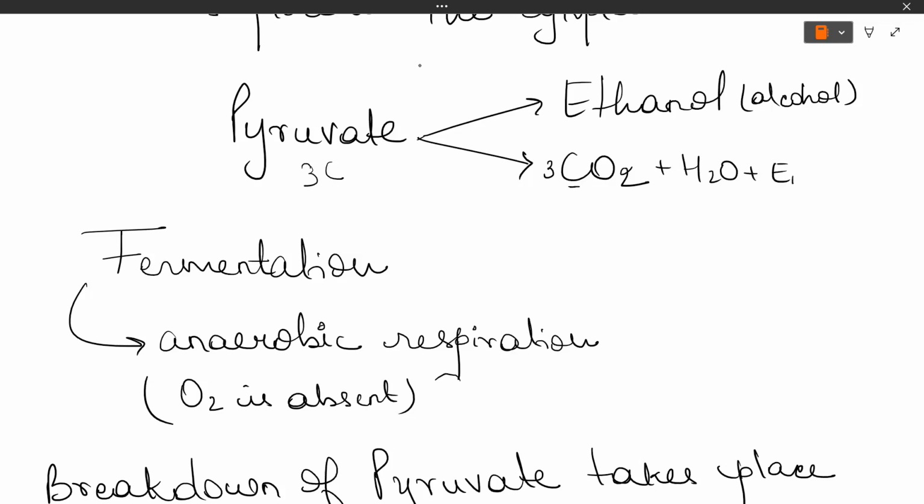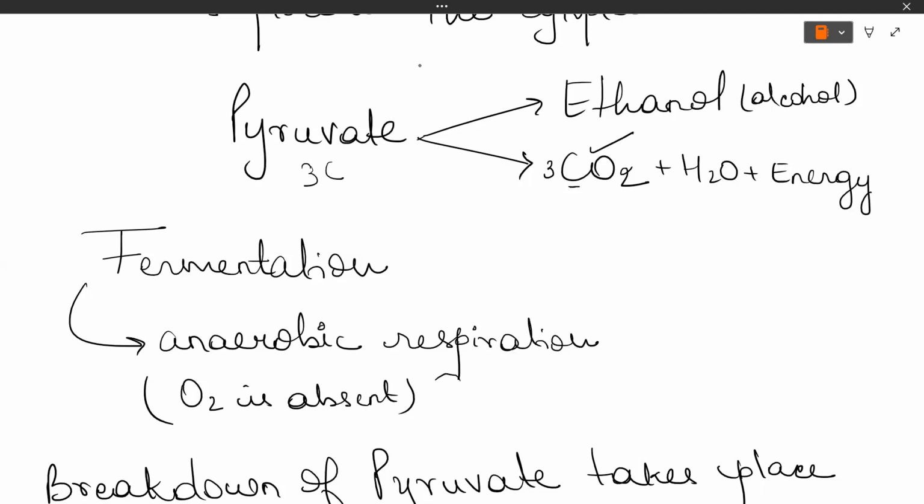Tell me, were you saying something? Yes, it takes place in yeast. Now, yeast is an organism that is usually used for fermentation processes. You must have heard that in the making of bread, yeast is put in. The reason we put yeast in bread making is because it releases carbon dioxide.